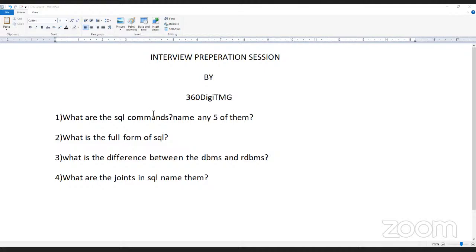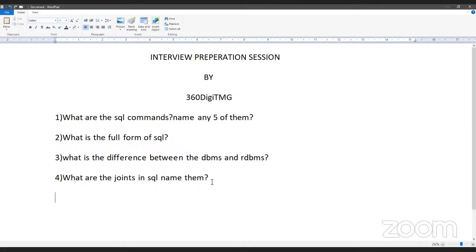Yeah. So as we look into this, a join is used to query data from multiple tables based on the relationships between the fields. In SQL, we have four different joins: inner join, right join, left join, and full join. So this is how joins work in SQL, and these are the four types of joins. So as we go into the next question,